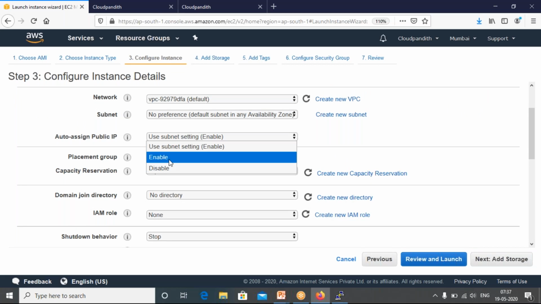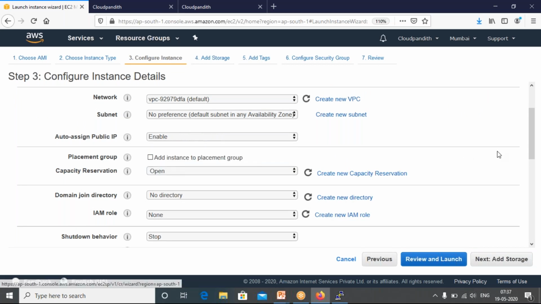Calm down. So here, as I said, you need to enable the IP address, because we need an IP address to access it. Please be on mute, friends. Somebody is unmuted. Devashish, please go mute.